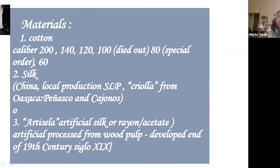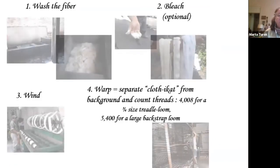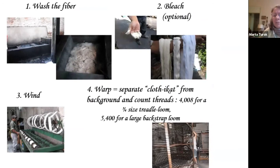And finally, we have a lot of use of artificial silk or rayon or acetate. They're similar. And it's artificial, it's not synthetic, because it's processed from wood pulp. And it was developed at the end of the 19th century and arrived in Mexico around 1920. Now, we're going to talk very quickly about the 14 to 17 steps it takes to make